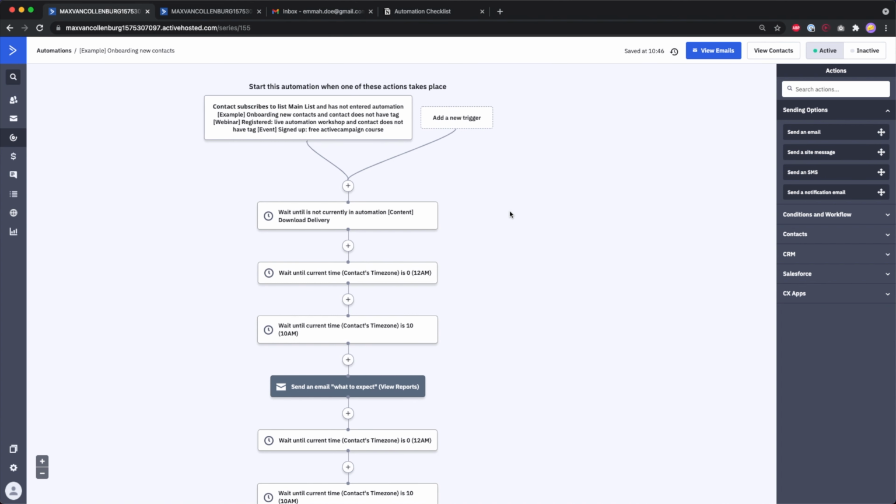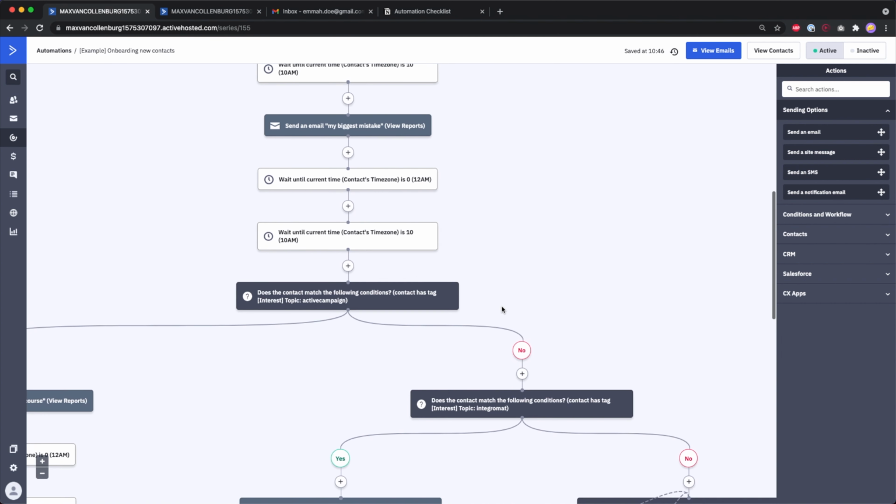So I want to test this automation over here. This is my onboarding automation for new contacts. To give you a bird's eye view, this automation starts when somebody subscribes to the main list and they have never entered this automation before, and they also didn't sign up for my live automation workshop and also not for my free ActiveCampaign email course, because that is basically the goal of this onboarding automation, to invite people for either the workshop or the email course depending on what they are interested in. So if they already signed up for either of those things, then I do not want to start this automation,